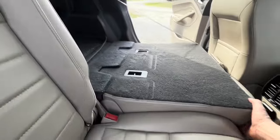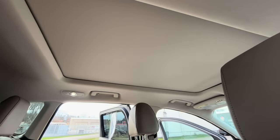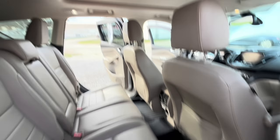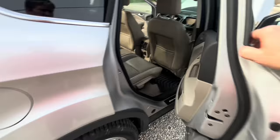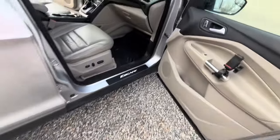Let's do the same here. This one. Oh yeah, I forgot about that having a moonroof. But look at the extra lights. There's a light there, that's cool. Alright. Is that a speaker? Maybe it is. And here is the...